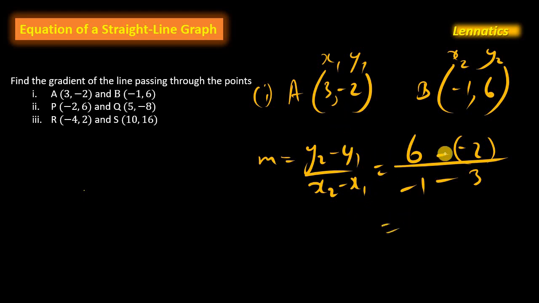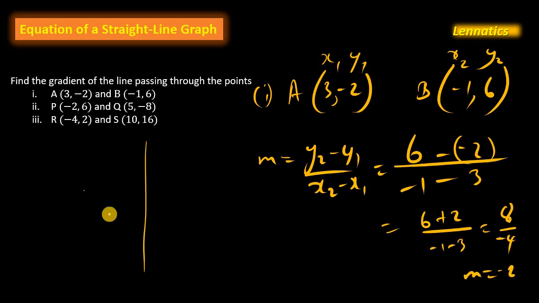So now, simplifying this, subtracting a negative is a plus. Signs are the same, so add and keep the sign. So this is going to give us 8 divided by negative 4. 4 goes into 8 twice, so that's negative 2. That's gradient negative 2. If you want to plot this, A is positive 3, so let's assume that's 3 here,